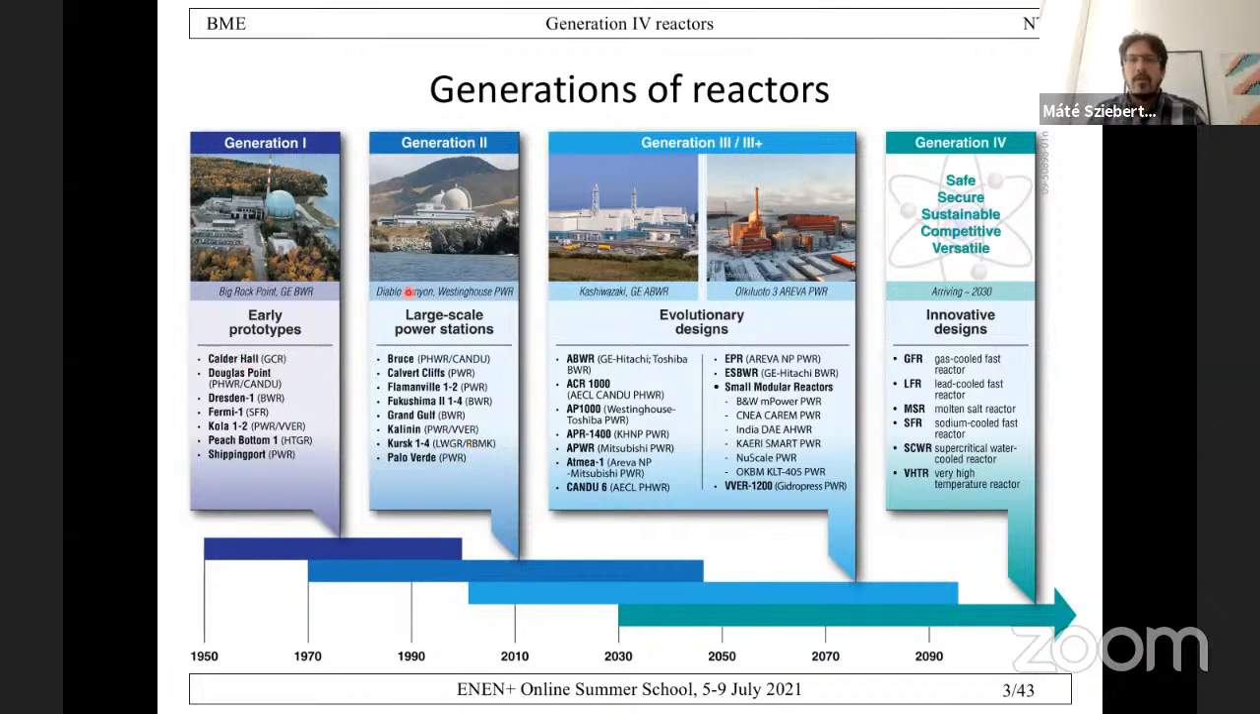Then there is a very successful generation, Generation 2, which are the first standardized large-scale industrial, real commercial power stations. So they saw a huge development of nuclear from the 70s, and many of them are still operating in our lifetime, under lifetime extension, preparing for long-term operation, which is one of the current challenges of nuclear, that we have to keep these Generation 2 reactors in operation with increased